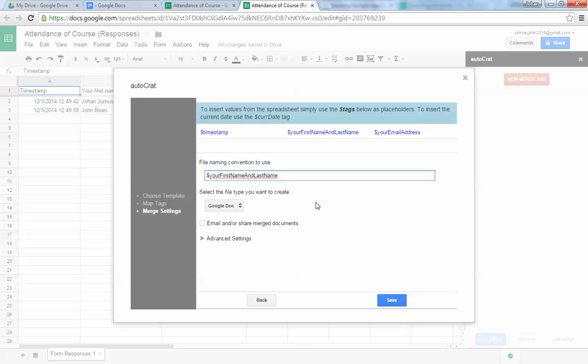Then we're going to put a space and say attendance for short course, or whatever you want to have there, or just say attendance 2014, whatever you want to say. So basically for the first guy, or let's say the second guy, it's going to say John Bean attendance 2014. So it's going to take that first name and last name from your sheet,